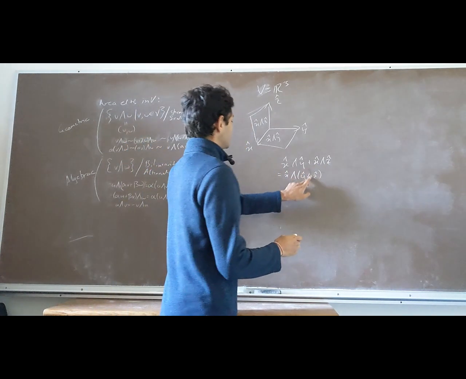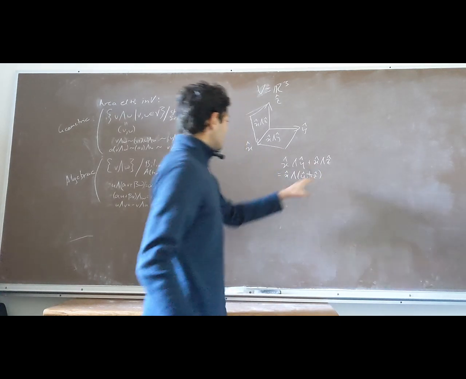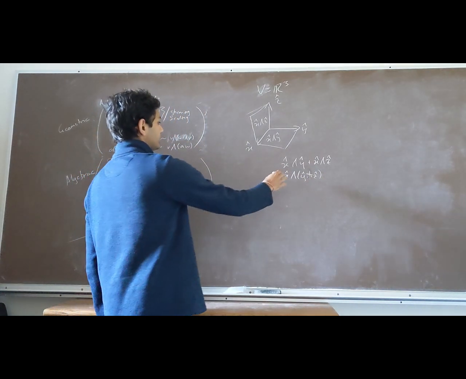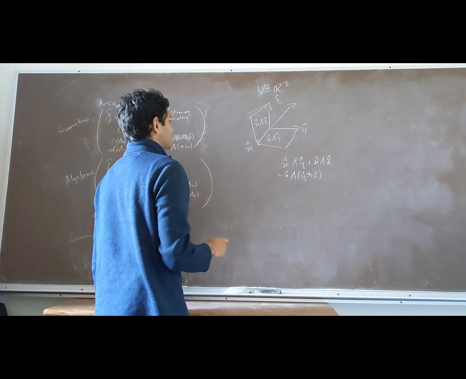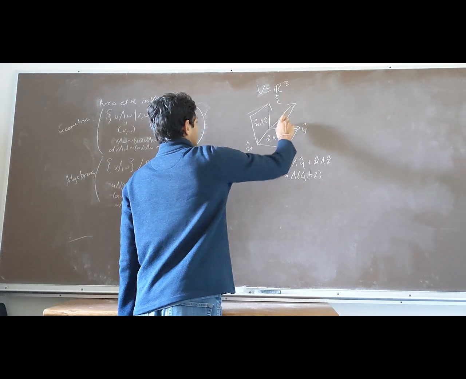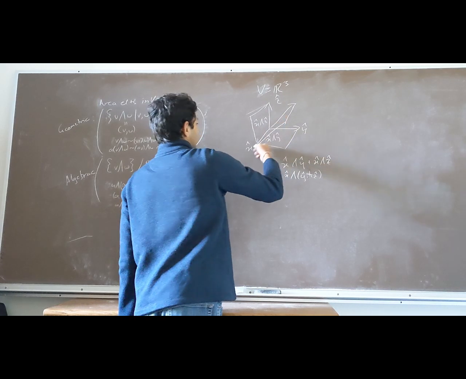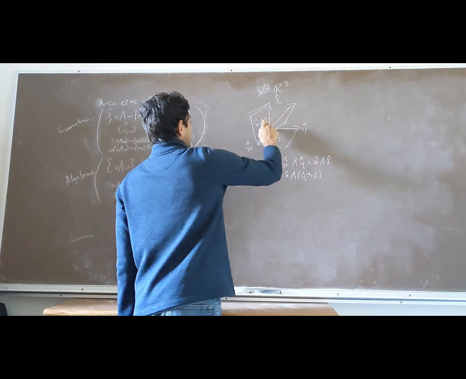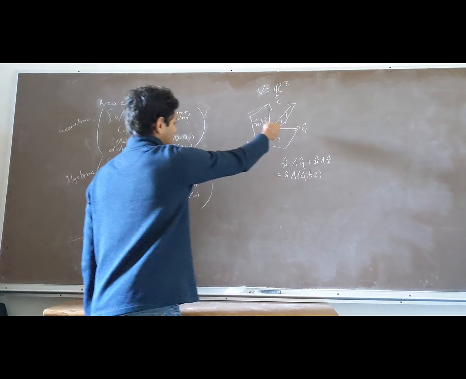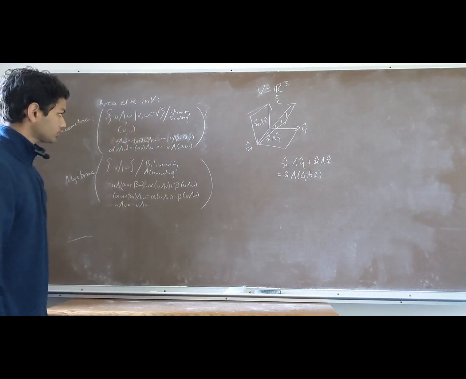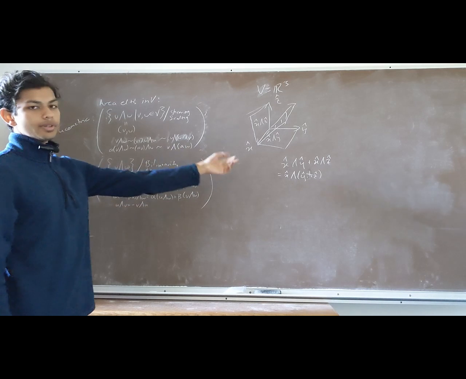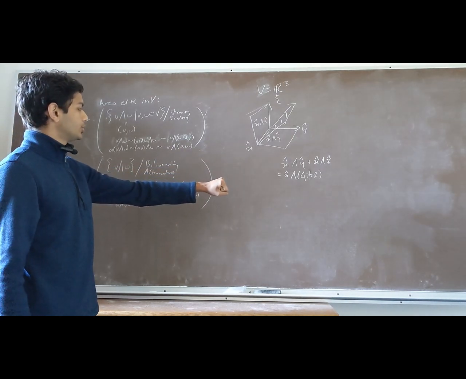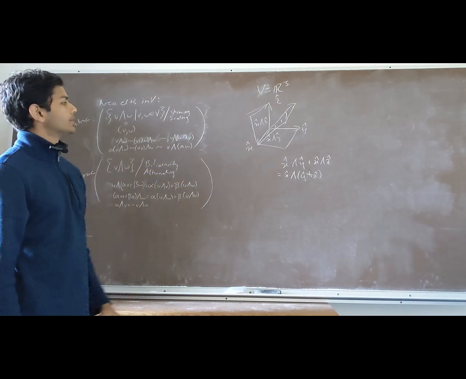And this should be plus. And so what does this look like? Well, if we look at the vector y hat plus z hat, it'll be this diagonal vector. And so we can look at the plane spanned by this diagonal vector and the x hat vector, and this resulting plane will be the sum of these two planes. Okay, so this gives us a nice way to add up two planes algebraically,